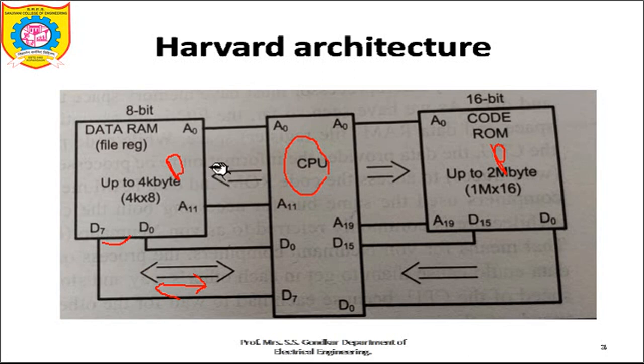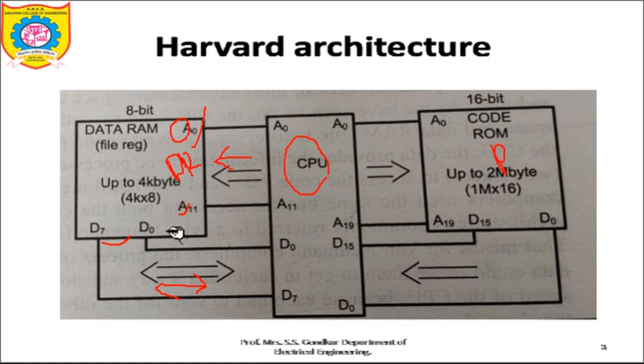The second set of buses is from A0 to A11, a set of address bus for accessing the data. It is written by A, it means it is the address bus from A0 to A11, and I already told you that it is 12-bit. So it is unidirectional. It is a unidirectional bus, you can see looking into the directions.